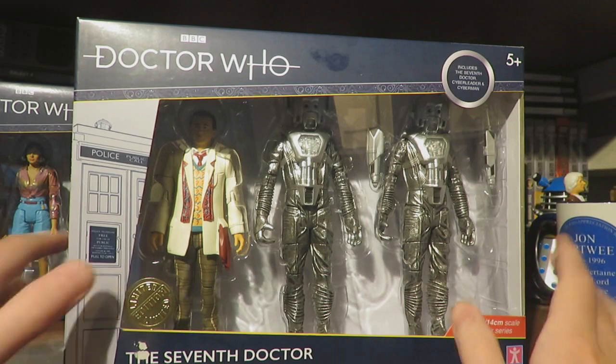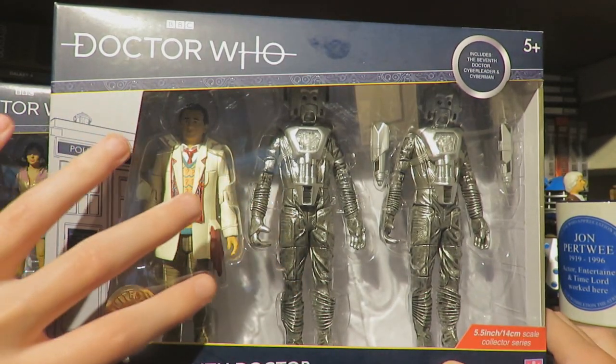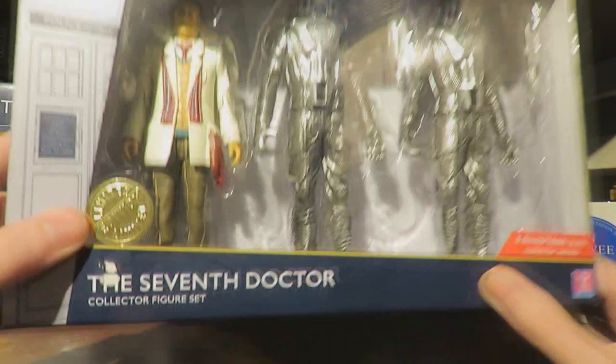So taking a look at the 7th Doctor collector set packaging, we have the figures displayed rather nice with this nice window box display. We have the Doctor Who logo there, the 13th Doctor TARDIS floor, then we have this nice etched drawing of the TARDIS, the limited edition